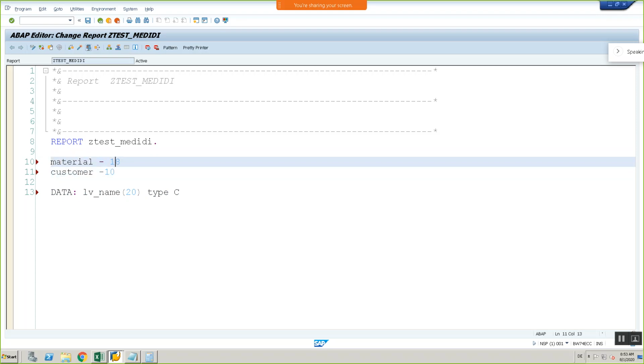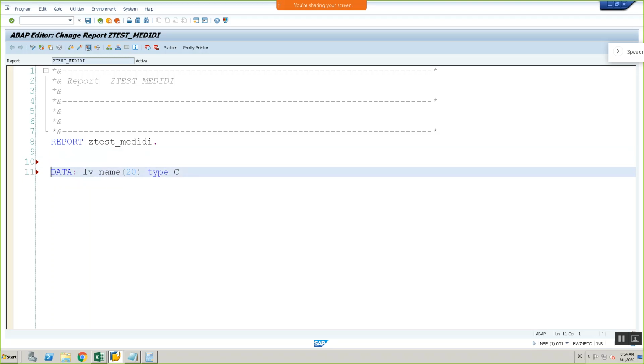The material is an info object in BW for which SAP defines a max length of 18, so we follow the same. For the customer info object, SAP defined a standard length of 10. So whenever you see a customer number, it is of length 10. Same way here, I am defining my name with a max length of 20.